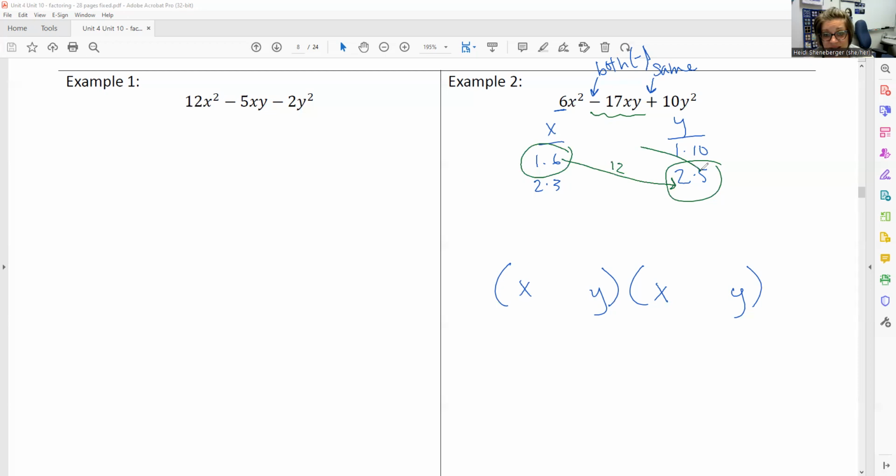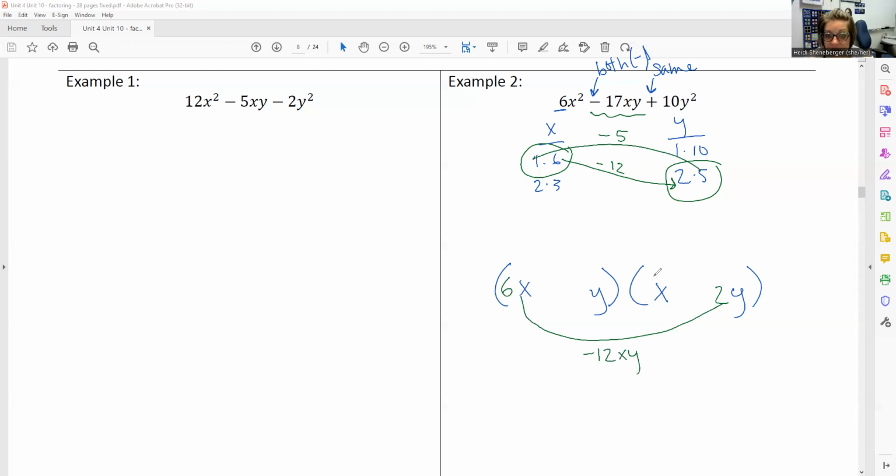But like I said, there's just no way to group it and I can't figure out a nicer way. So 12 plus 5, if they're both negative, will give me that negative 17. So I'm going to write this in before I forget it, right? So that means that my x has to be 6 right here, and then it goes with the 2. So this is what I multiply together to get negative 12xy, right?